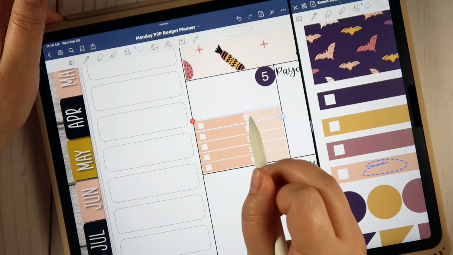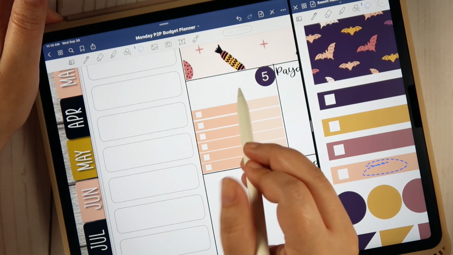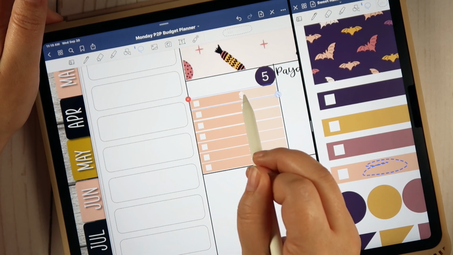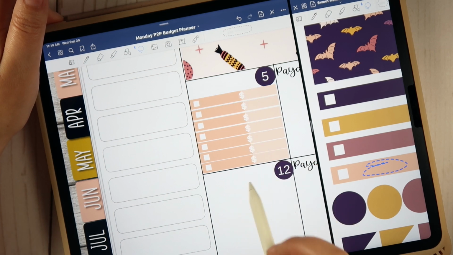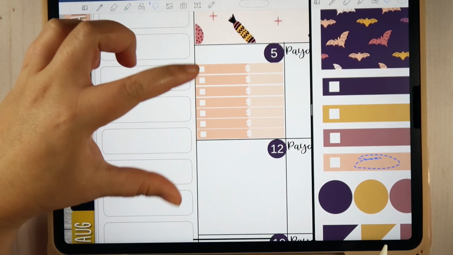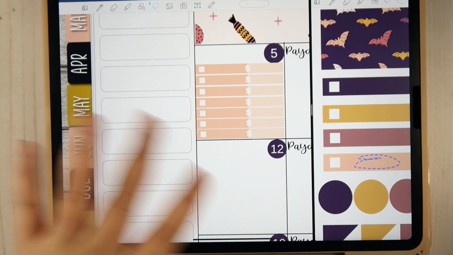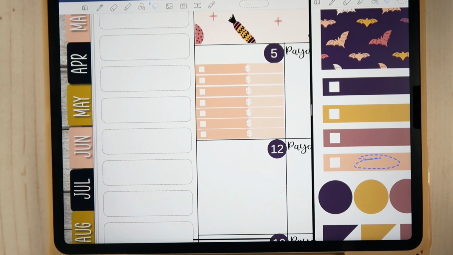We're up to 5, 6. So it looks like 7 will fit in there pretty comfortably before covering up the date dot, which is really, really cool. So anyway, same thing with the bill due. I would just size one and then copy and paste, you know, where your expenses are and everything like that